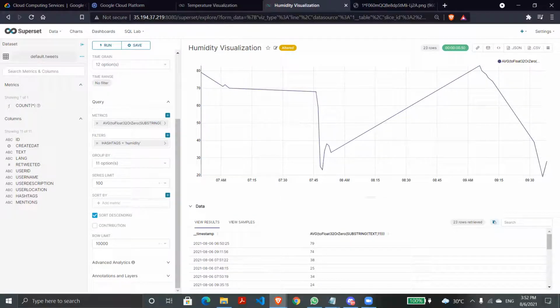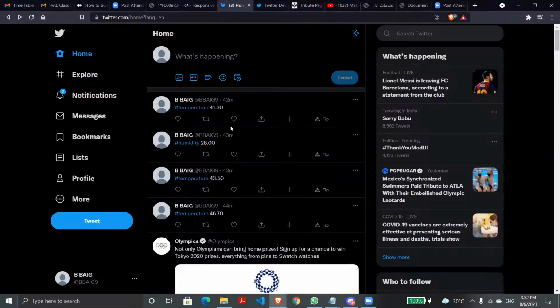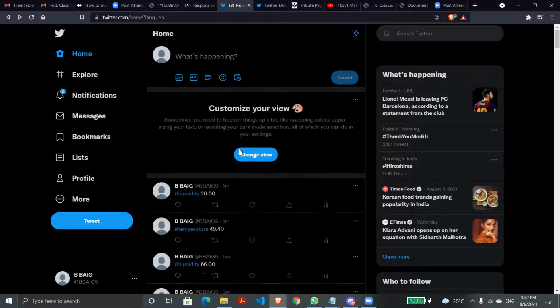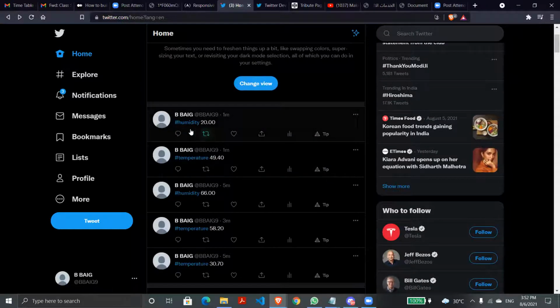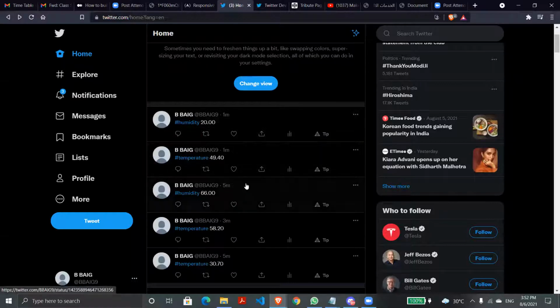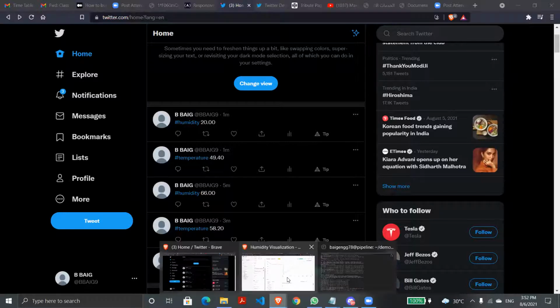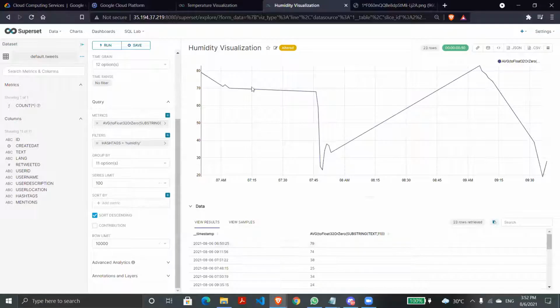And one more thing, basically the tweets, where the Twitter account has been saved and API keys. Here it represents hashtag humidity 20, hashtag temperature. Like this, those tweets posted from Twitter have been extracted and ingested into our real-time streaming data. So I'll go back to Dev to just show the part left behind.